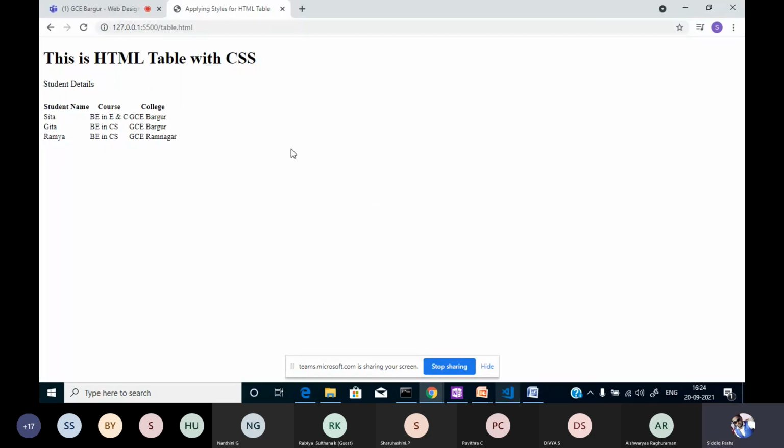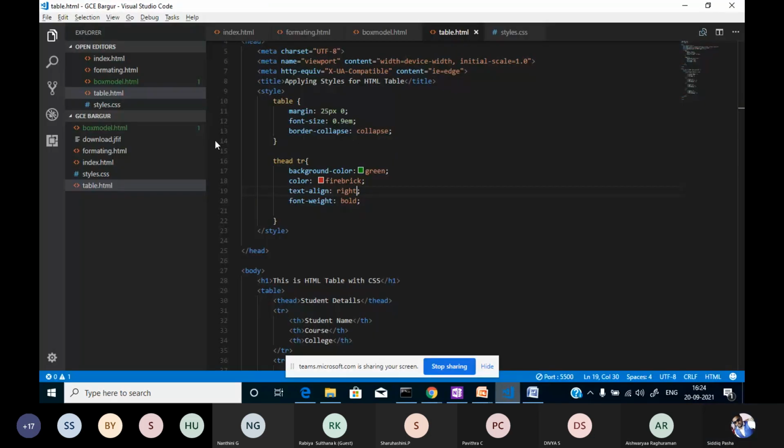No, this is not rendered. This individually is not applied. So why, when I'm simply applying for the table head?